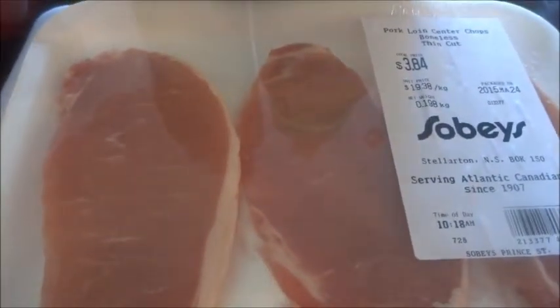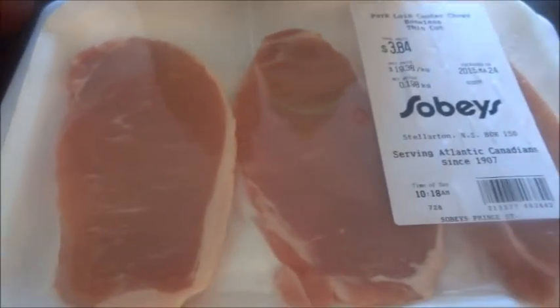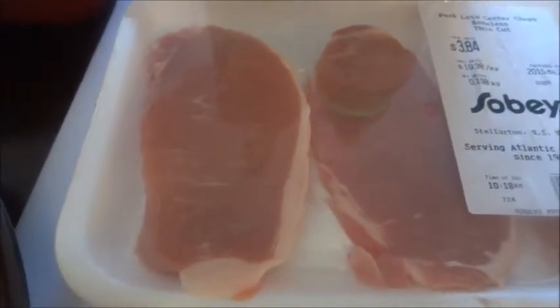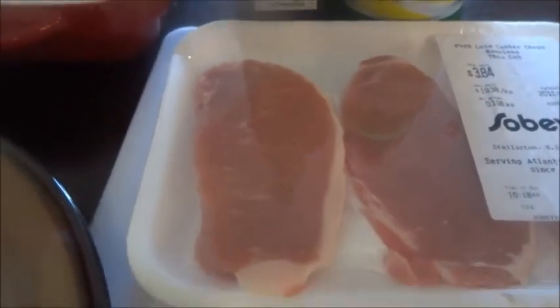So I think what we're going to make today is I have these pork loin center chops. They're boneless. I only paid $3.84 for them. There's 3 of them there, and I'm on a diet and I'm living a very frugal lifestyle because I'm kind of broke right now. And I'm going to make a meal, and I'm sure everybody has a collection of this in the fridge,